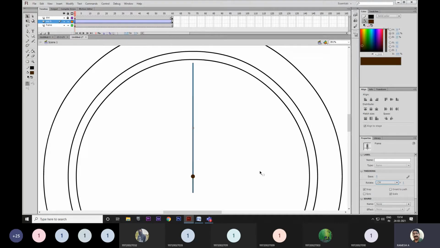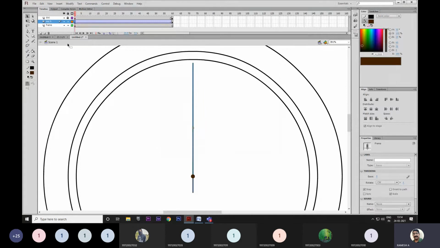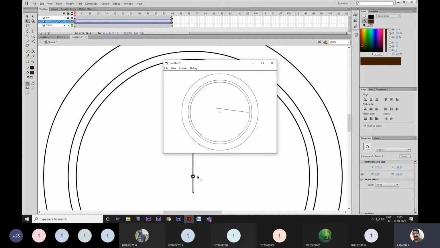You understood? Now I'm going to run this. Control Enter. See, it is rotating in this way. Okay, it is rotating. When it is reaching to the 60th frame, it is rotating 1 time. Understood? Yes, sir. Now, what you will do, because the registration point for this line will be here in the middle, that you have to change into center of the circle, the clock one. See here. Suppose after that, just you run it and check, it is going to rotate in this way.